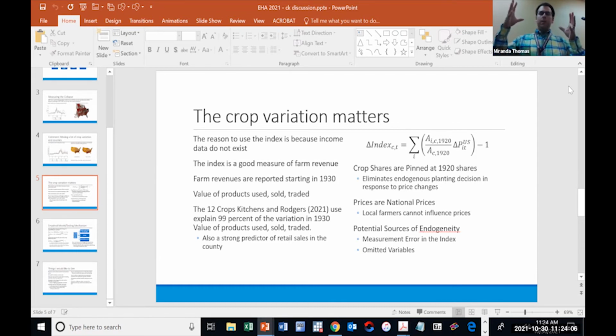And in the paper, you mentioned things like increased productivity because of mechanization. I'm a little bit less concerned about that because we'll come to specification in a second, but you have all of these different fixed effects. And since you have things in first differences, a lot of the fixed effects are going to wash out that type of concern that you are raising. So I actually think the OLS is better than you think, ex ante.